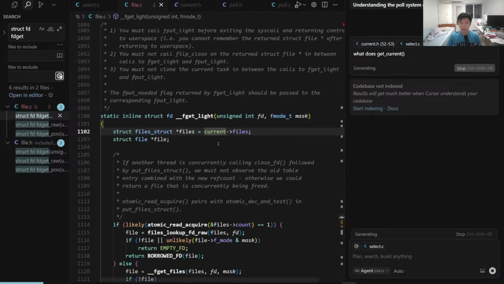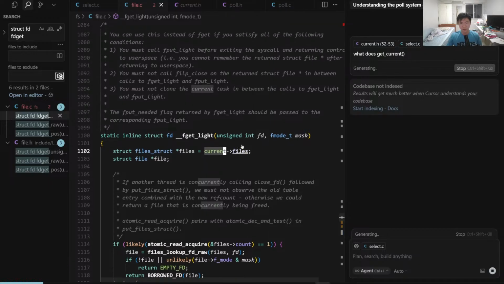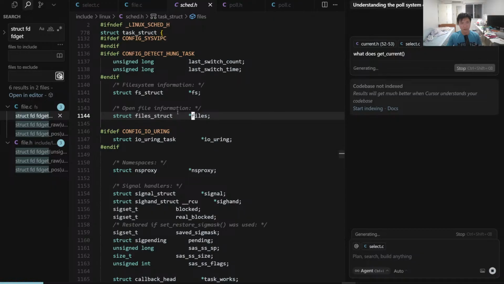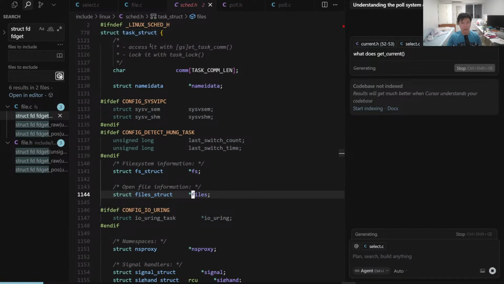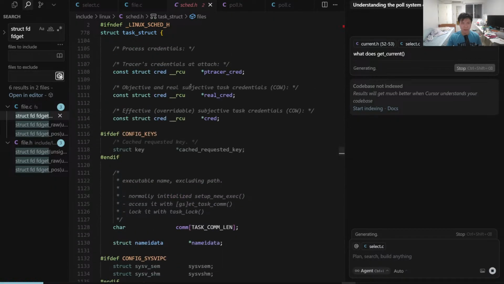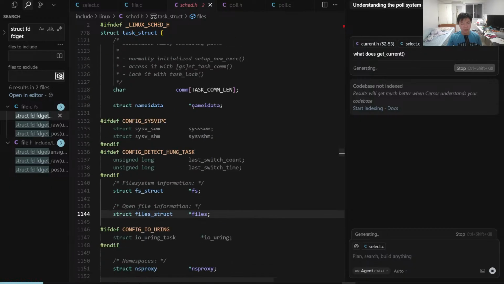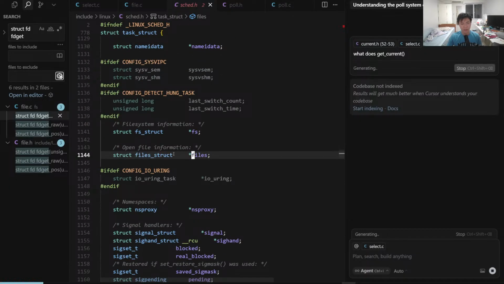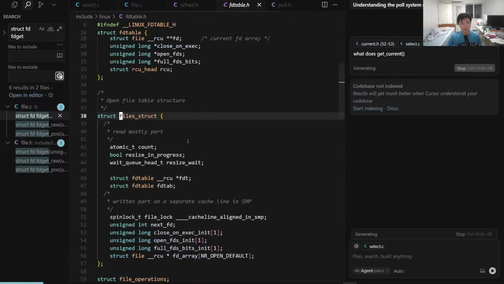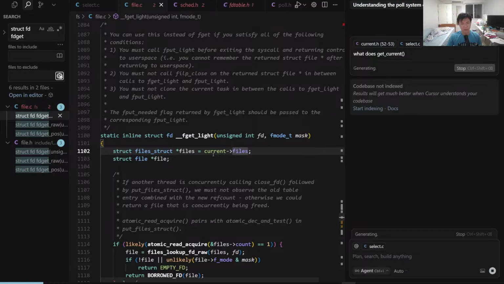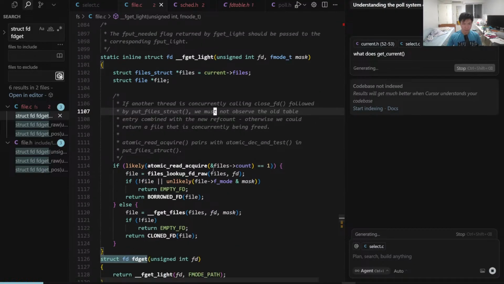Let me just verify it. The current process files, the current task. I think at this current process, it gets the files, right? So it's the current task, the process or task used interchangeably. In each process, there is a file struct which stores the open file table, right? So it looks at the open file table, it gets the open file table, and